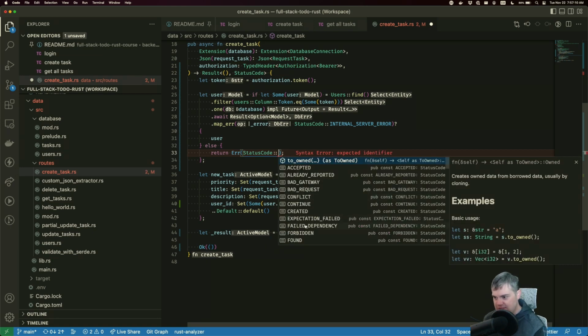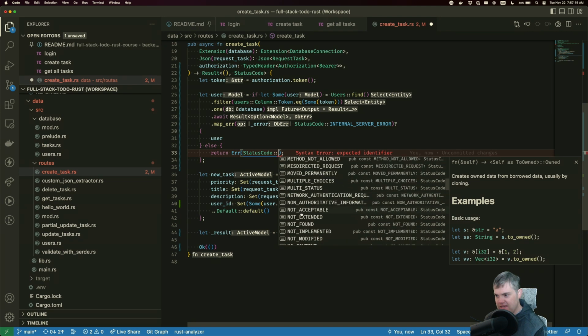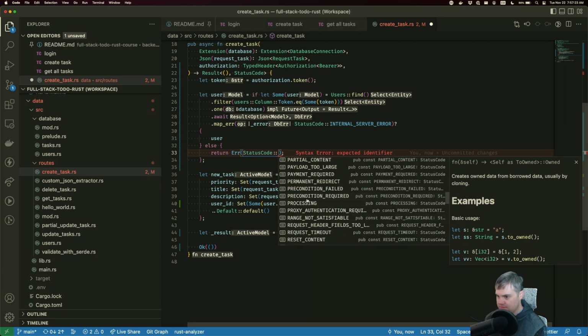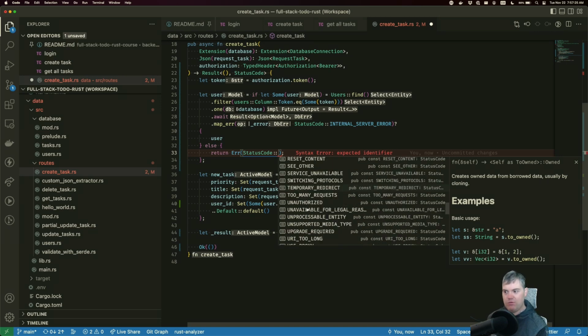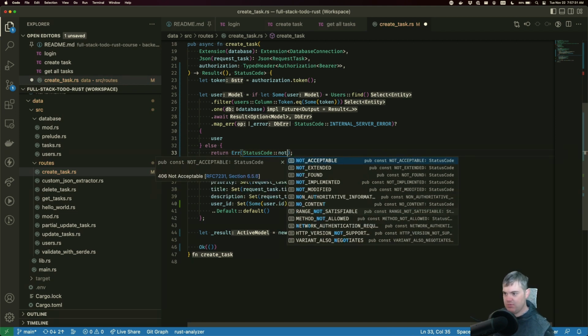I think there's a not authenticated. So not authoritative information. I want a 401 essentially. Not acceptable, not found, not modified. I don't think it's that one.